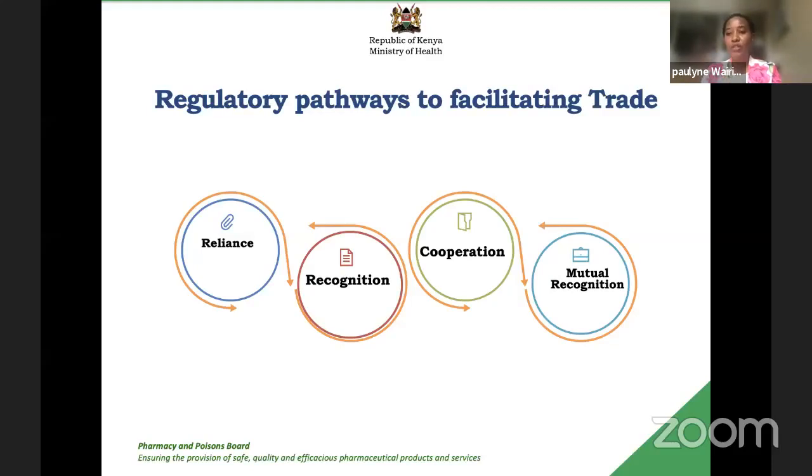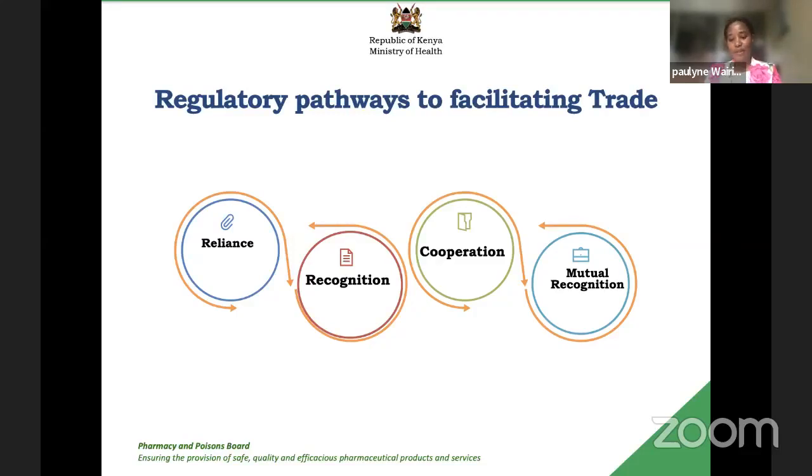This is one cooperation that is regional, but also in the African context, the Africa Medicines Agency is putting up a foundation to ensure that there's cooperation and decision-making by national regulatory authorities that can support these. Mutual recognition is especially important in standards. The reason for this is because standards are universal. And if we have standards in Kenya recognized in other countries or other African nations, it means that we are raising the standards of what we are accepting to our market, but also ensuring that standards are enforceable for national regulatory